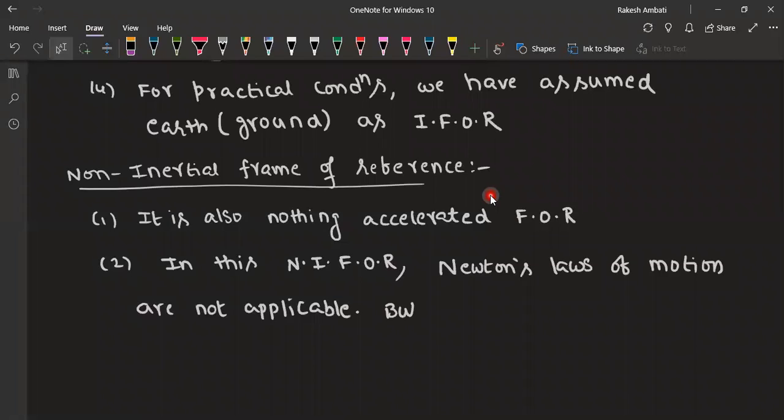But to apply NLM equations, meaning Newton's laws of motion equations,